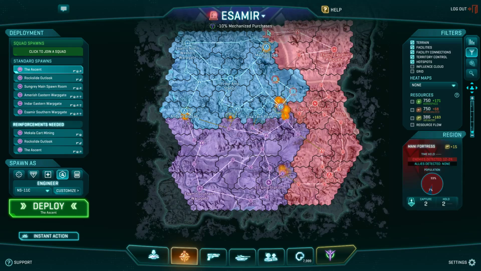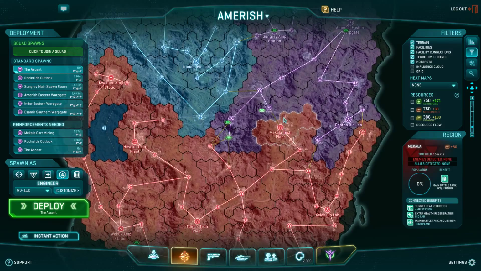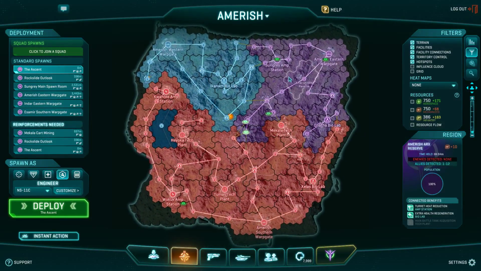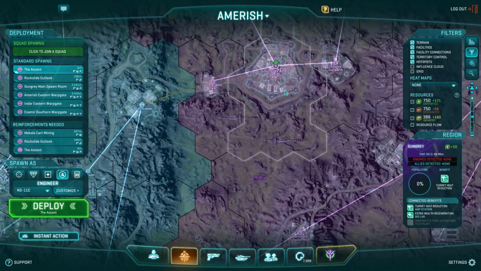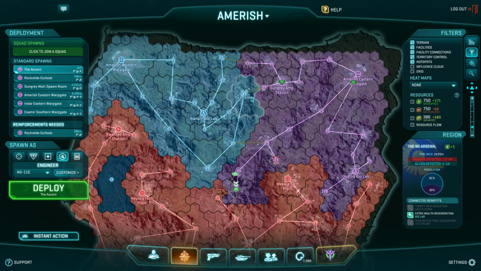Global alert wise, it's a little bit different. I'll use an example of Amerish for this one. Say this was an amp station alert. We have Sungray. In any ideal situation, we want a buffer zone. We want at least 2 hexes of buffer zone in every direction, which gives us at least 8 minutes of buffer time where we can either ignore it and respond to more important bases, say an amp station is actually being hit at this particular moment,